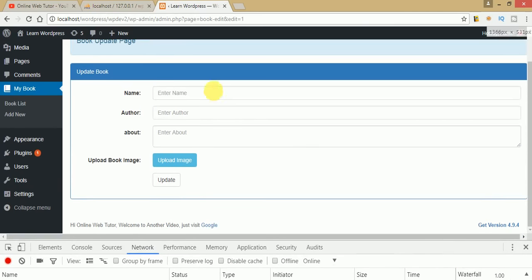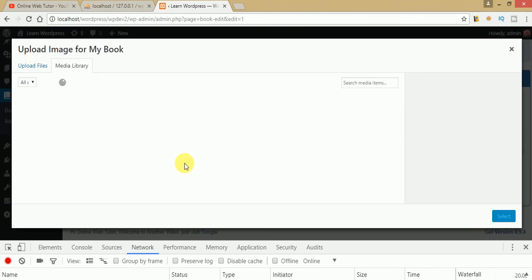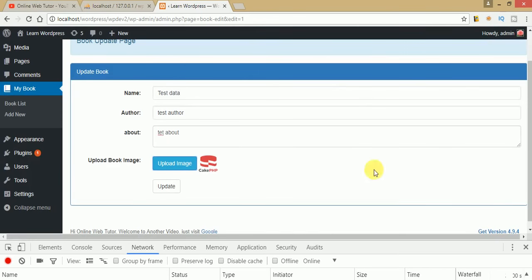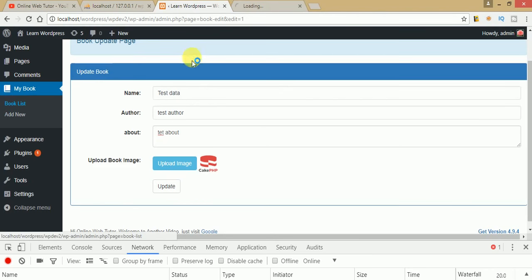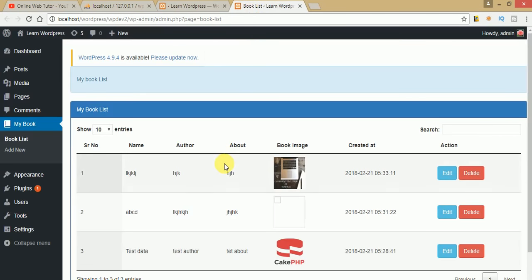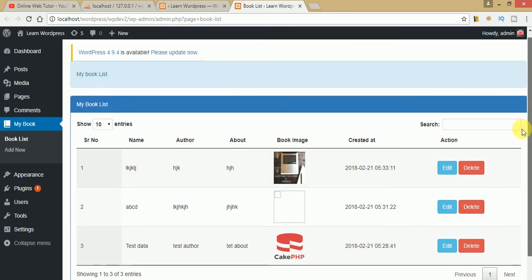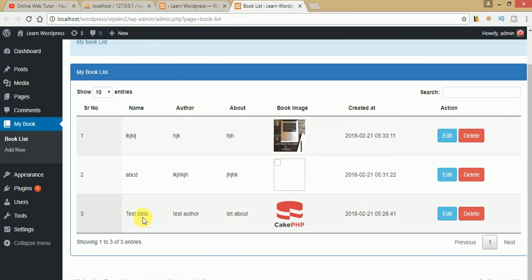Okay, so let's say test data, test author, here is just about. Okay, and let's upload an image called cake.php and just click on update, and here is book updated successfully. Okay, so when we redirect to this book list, then we will see actually the updated data. Okay, and this is the updated data, guys, that we have updated: test data, test author, and the test upload. Okay, so let's update this book also. Just click on edit,